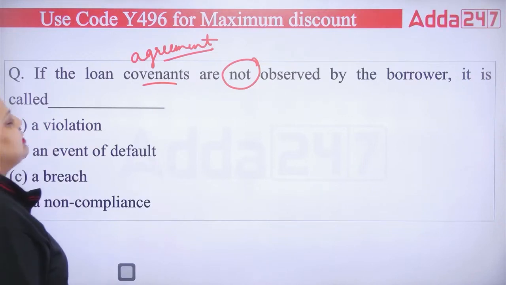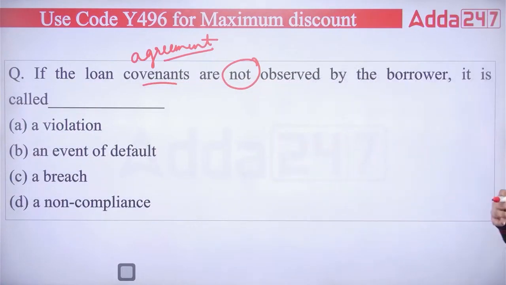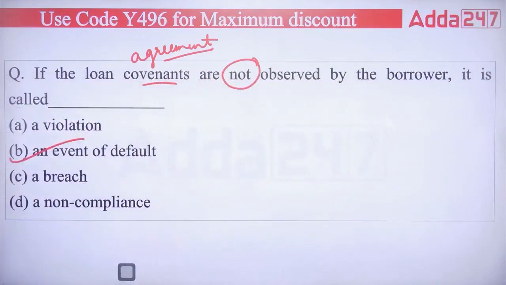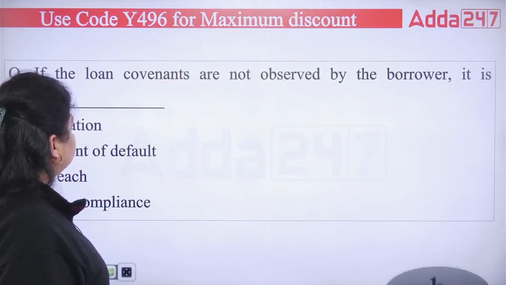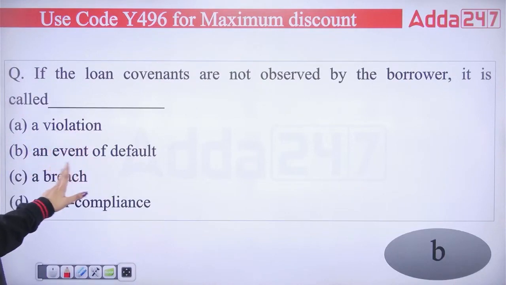So simply we are saying that the borrower, the person who is taking credit from the bank, has not checked the loan agreement, not observed the loan agreement. That's an event of default. It is called what? It is called an event of default. Okay, so the right answer will be B. So if the loan covenants are not observed by the borrower, it is called an event of default. Next,